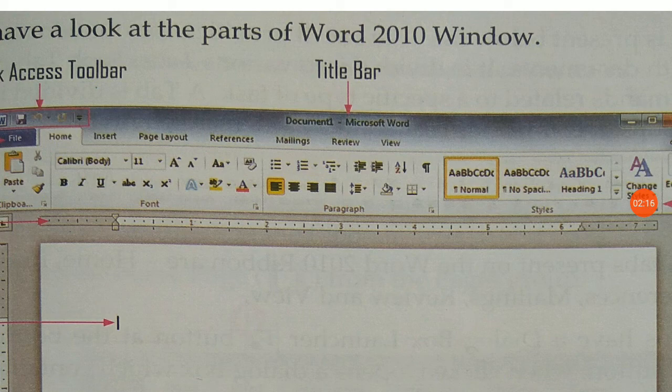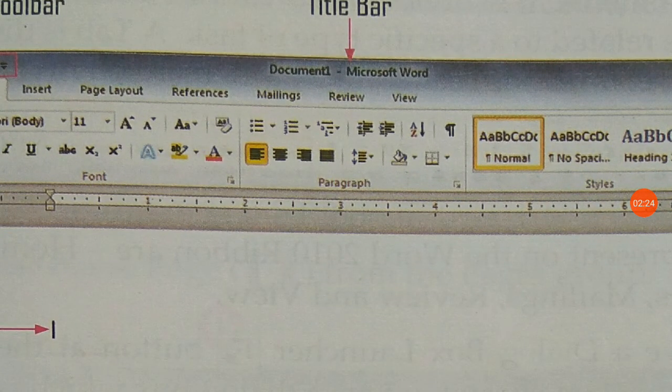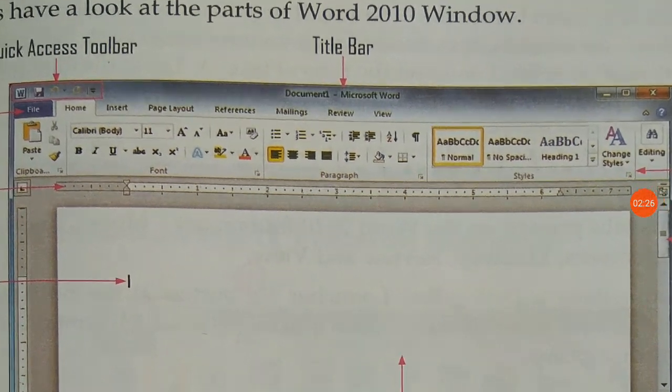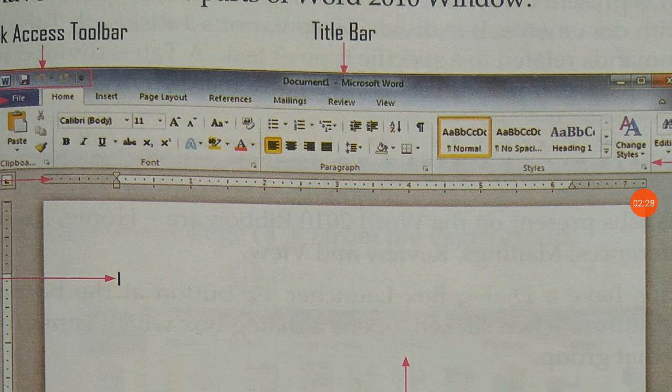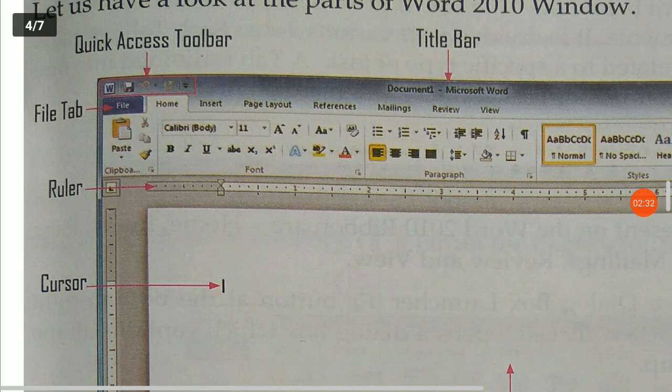In title bar, it shows the name of a document. You can see over here, Document 1 Microsoft Word, means it shows name of the document and name of the software. In the left side, you can see quick access toolbar,